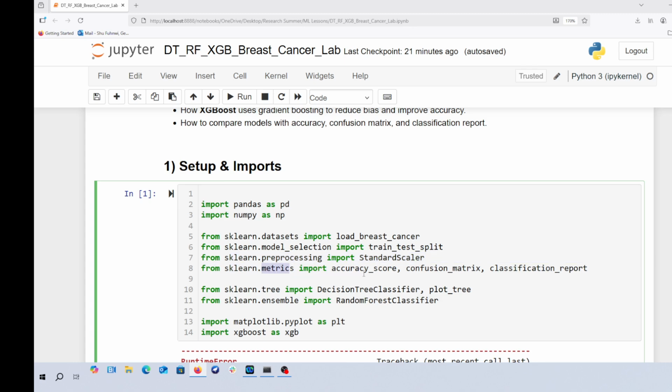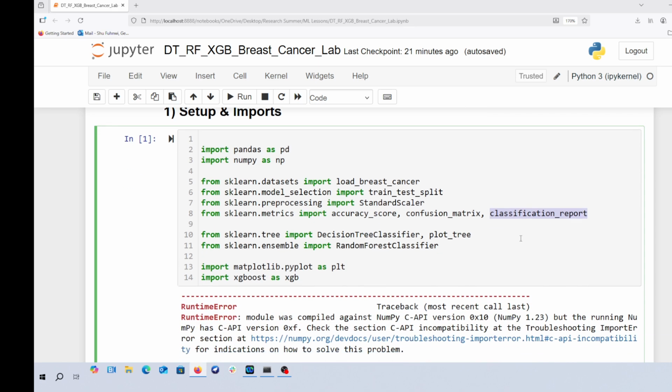Then still from scikit-learn, we are going to be importing the accuracy score, the confusion matrix, as well as the classification report, where we are going to be looking at how we evaluate that model using precision, recall and so on. Since we are going to be using the decision tree classifier, we are going to import it from scikit-learn, and here we also want to plot that decision tree